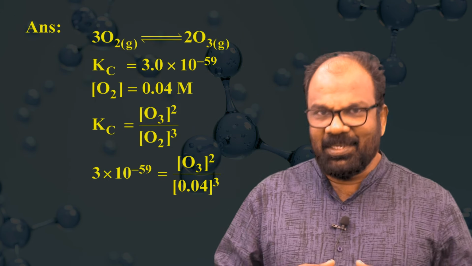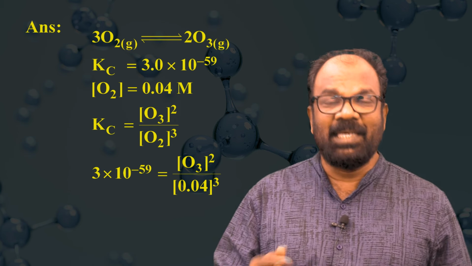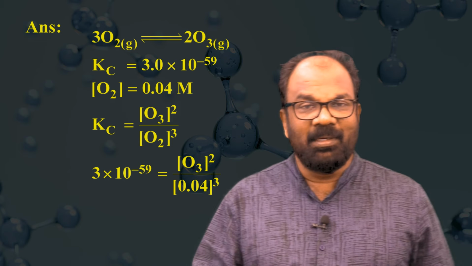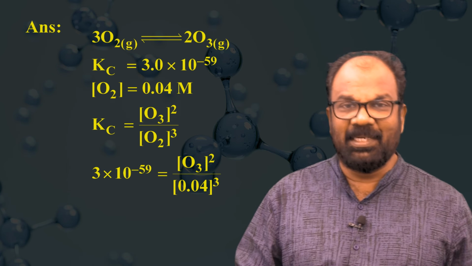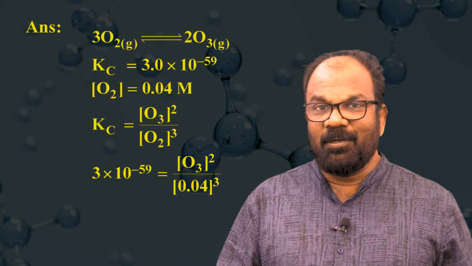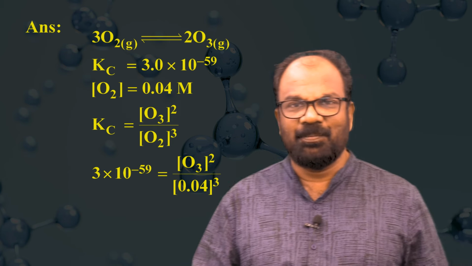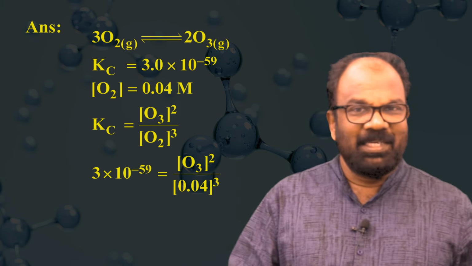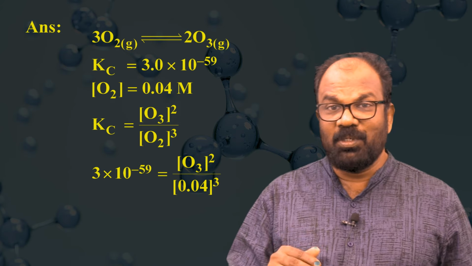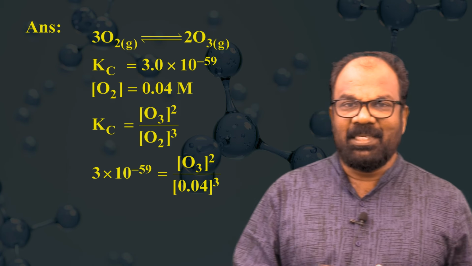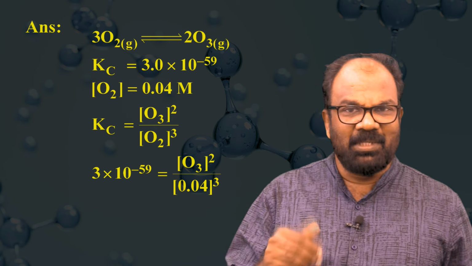Listen, here the given reaction is 3O2 gas reversibly gives 2O3 gas. Its equilibrium constant Kc is given, which is equal to 3 into 10 raised to minus 59. And the equilibrium concentration of O2 is also given, which is equal to 0.04 molar. We know equilibrium constant Kc is equal to concentration of O3 square divided by concentration of O2 cube. Here Kc is equal to 3 into 10 raised to minus 59, which is equal to concentration of O3 square